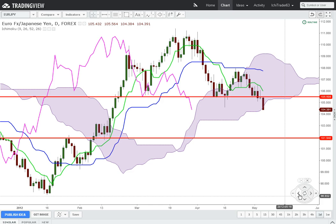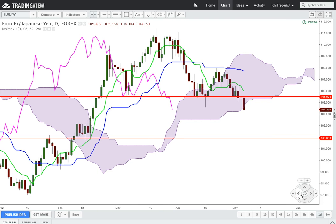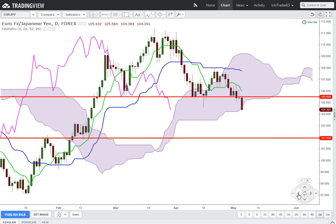over the euro dollar. The euro dollar is a pair that I barely trade. I don't like trading that much. It's everybody's favorite trading pair, but I don't trade it that much. I trade it sometimes, but right now we're on the euro yen, so we'll look at that on the daily